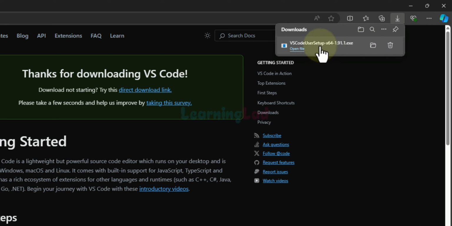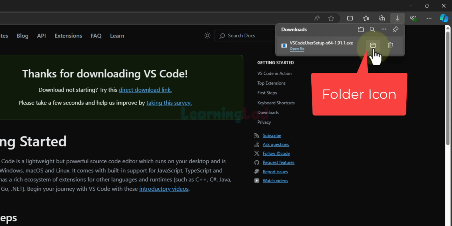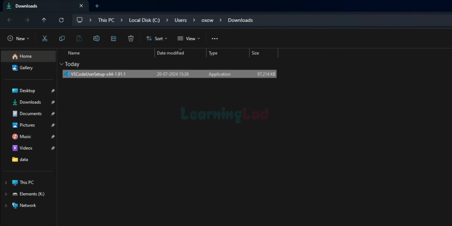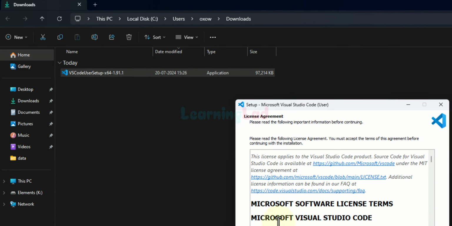If I take the cursor on this downloaded file, then I can see this download icon. If I click on that, it will open up the folder where the downloaded files are saved, generally in the downloads folder, and you guys can see the file here. In order to install Visual Studio Code, we just have to double click on this file,